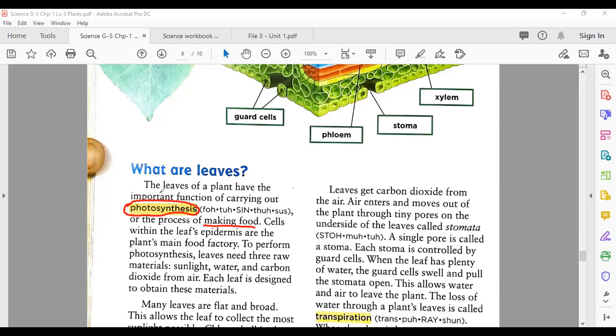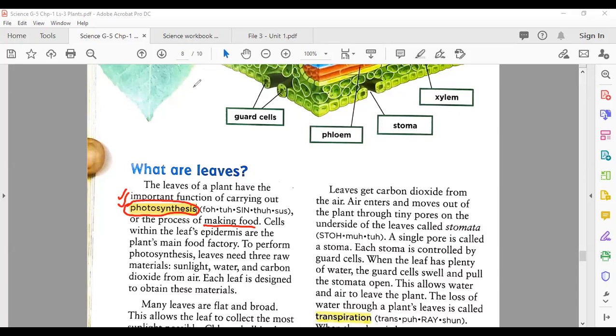This process is named photosynthesis. About the photosynthesis, if you have any question, please raise your hand, otherwise type no. About this definition, if you have any question, please raise your hand. Well done, thank you, Muhammad. If you have any question, please raise your hand, otherwise type no in the chat. Okay, well done, very nice, excellent.